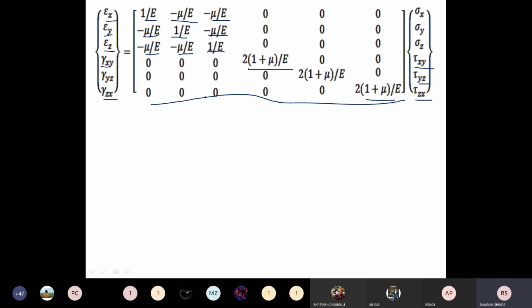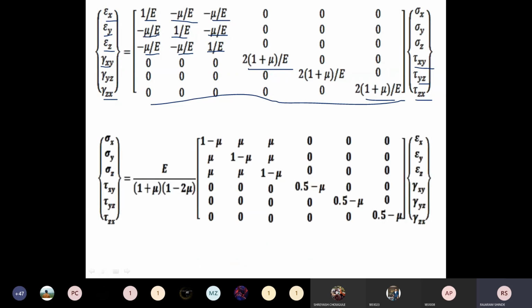Okay, now see here, in the finite element method we are first calculating the displacements, then we are calculating the strains, and then we are calculating the stresses. So for stress calculation from the strains, we need this equation in terms of the stress. Now how can we write this equation? Just take the inverse of this, and that equation will be like this.